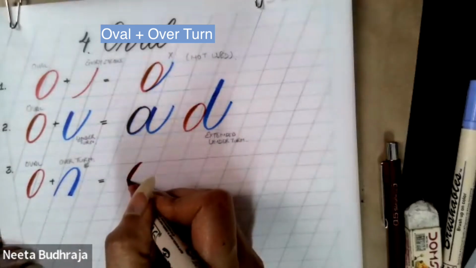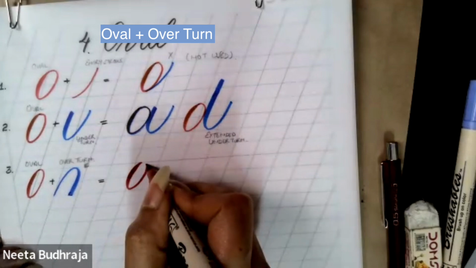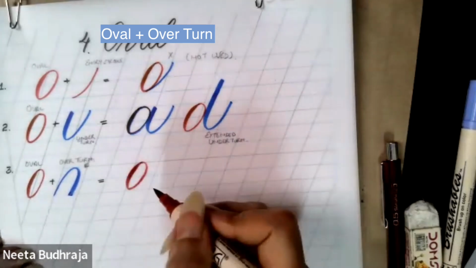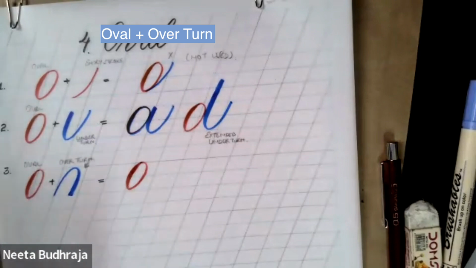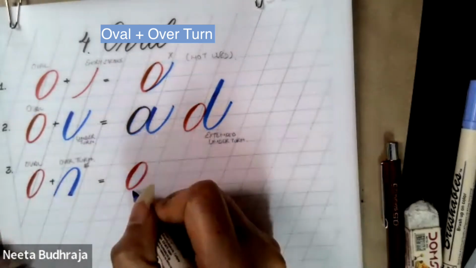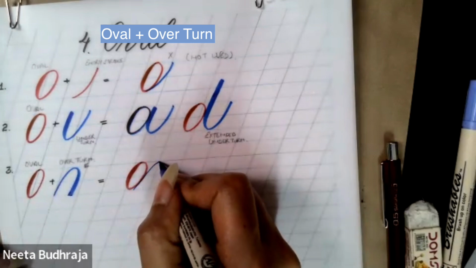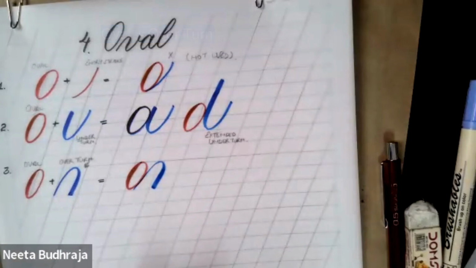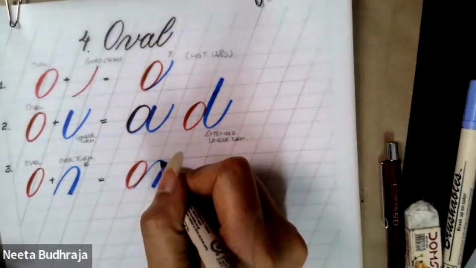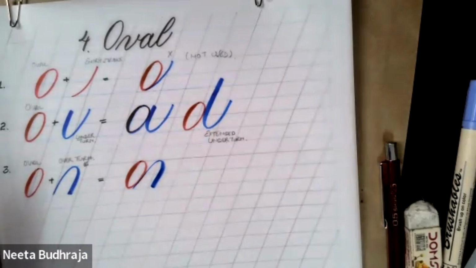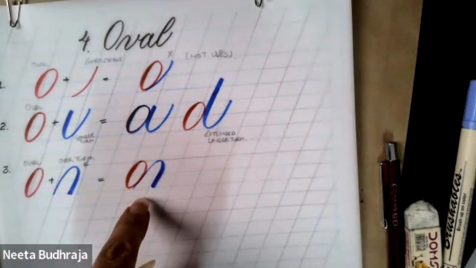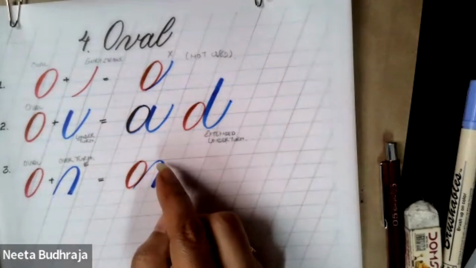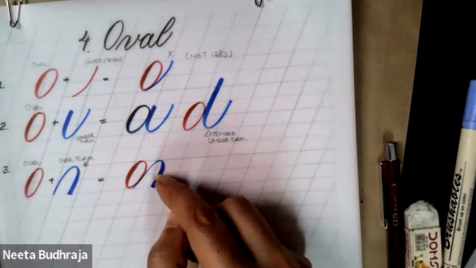Let's write it like this. Any idea where this can be used? I have a habit of working on 55 degree slant, so I think I have gone wrong with this slant here